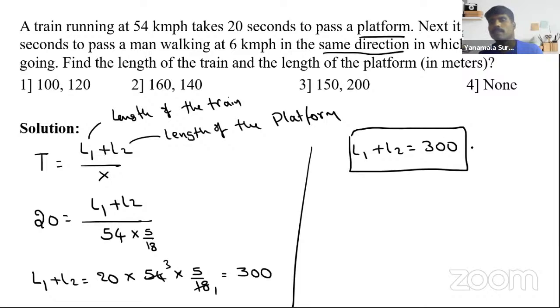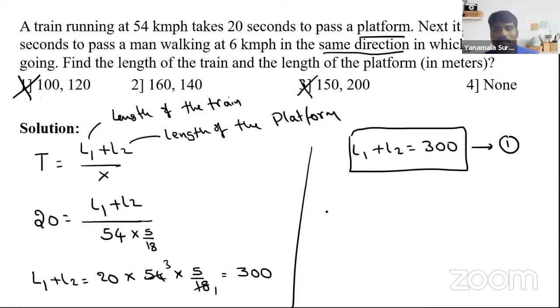So the sum of their lengths equal to 300. Let me assume this is the equation. I can easily eliminate the first option. Why? Because 100 plus 120 equal to 220, but I need to get 300. 160 plus 140 is 300, possibility is there. 150 plus 200, not at all possible. None. Dangerous option, none is there. If instead of none, they had given some other value which is not equal to 300, I could mark blindly the second option as the correct answer. Okay, so we have some but